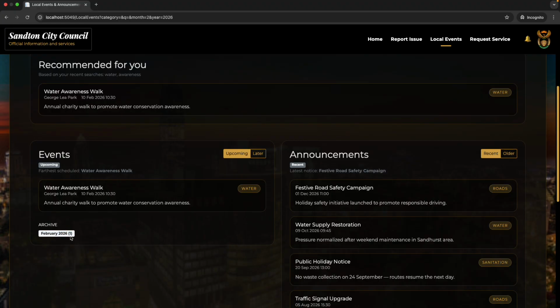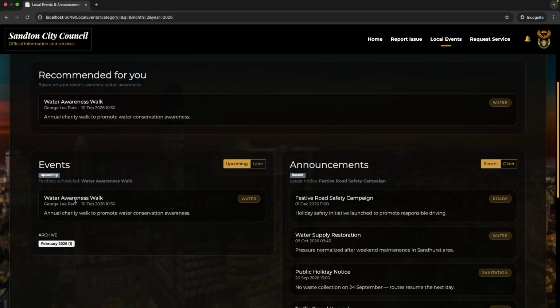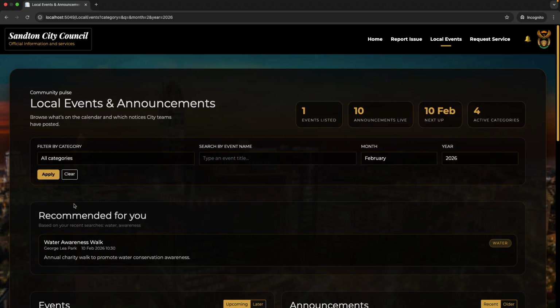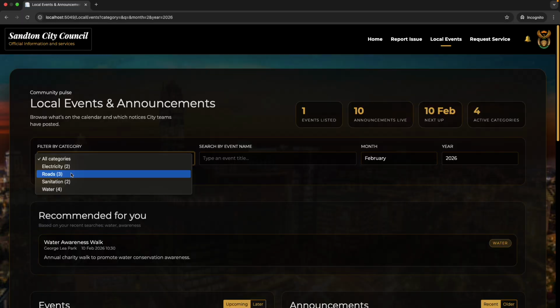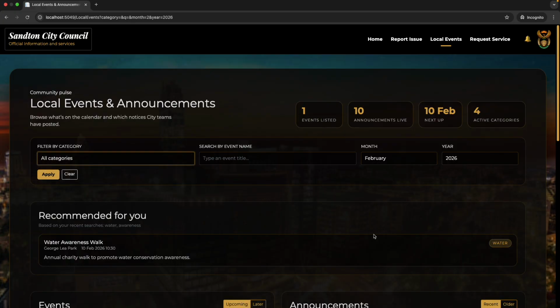And as you can see, the archive just has one that is visible, and that is the water awareness walk. So that is my project. As you can see, categories are also sorted to say how much are in the category itself. So this is also before filtering happens, just collecting all the data. And yeah, that is my